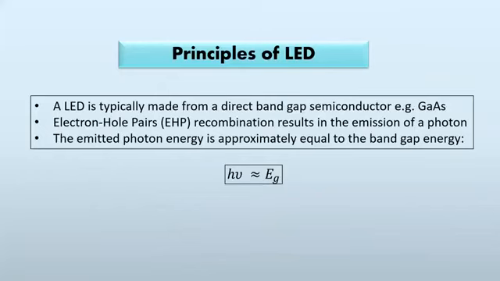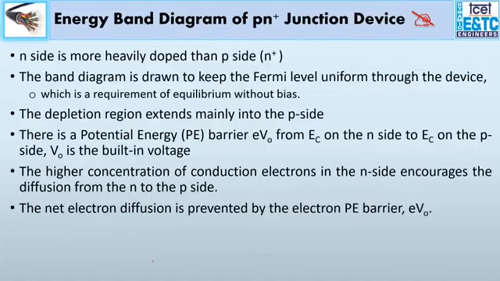So we did a few numericals based on it. The working principle of an LED is a simple PN junction diode, where when it is forward biased, the barrier is reduced, the carriers cross the junction, and once they become minority carriers, they recombine. Once they recombine, it is like falling from a high energy band to a lower energy band, and energy is released in the form of a photon, that is, light energy is emitted. The wavelength is equal to hc by Eg, where Eg is the band gap of the semiconductor material being used.